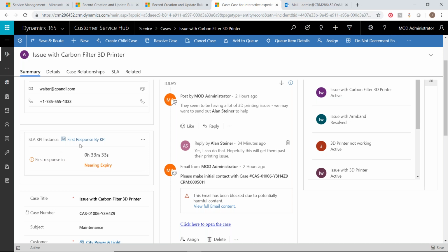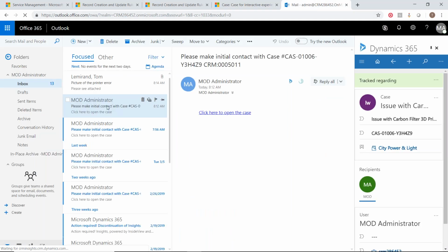But what this does is that behind the scenes, it actually is providing some actions with this too. So what I did is that I actually received an email because this is nearing the expiration and I haven't done anything with it yet. So let me just open up my email right here and just show you what I received. So I got this email. It just says, please make contact on this case. I can click this link, and if I click on this link right here, it will actually bring up the